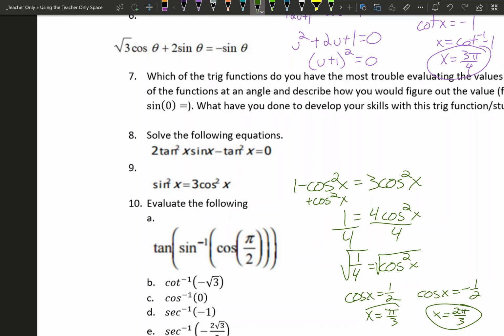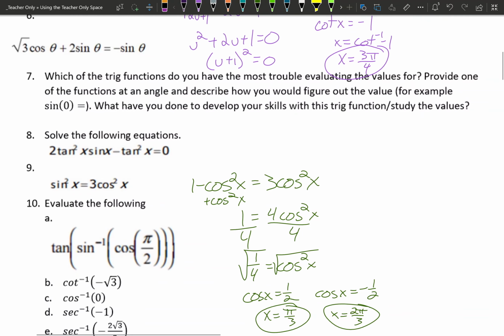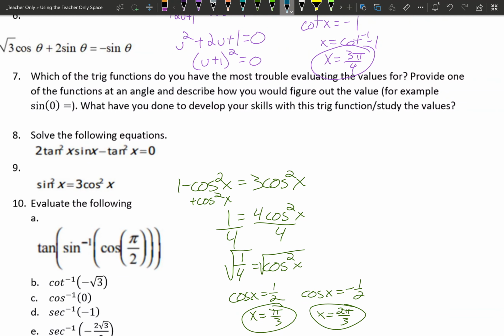So some common errors with these were really specific to each one, of either having some issues with the secant values or not remembering that you also need to look at when cosine of x is equal to negative 1/2. Each version also had one of the 4 where you had to factor out a common factor. So that's number 8 on this version, where